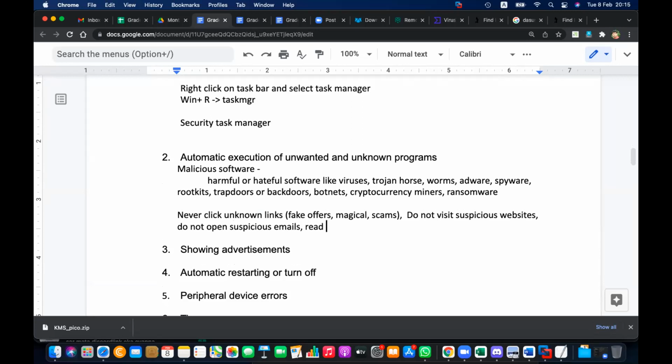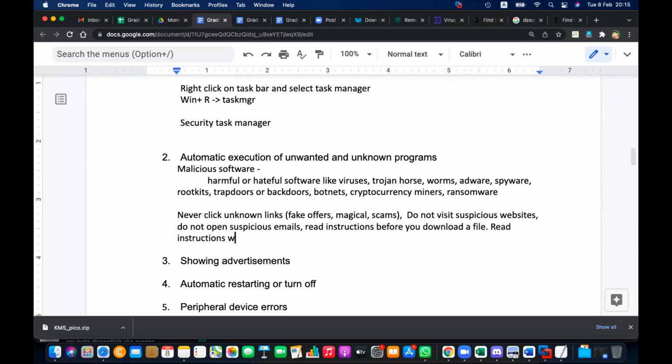Read instructions before you download a file. Read instructions while installing an application.